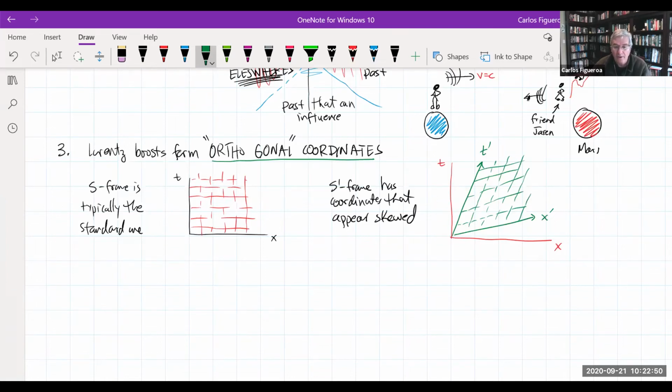And so what I want to do here is draw two different coordinate systems. Note, if I brought in this red coordinate grid system and put it into this one, it gets real messy right away. So in this course, my job is not to try to plot both of these simultaneously because it could get quite ugly. And so what you typically find here is the following thing, the skewing